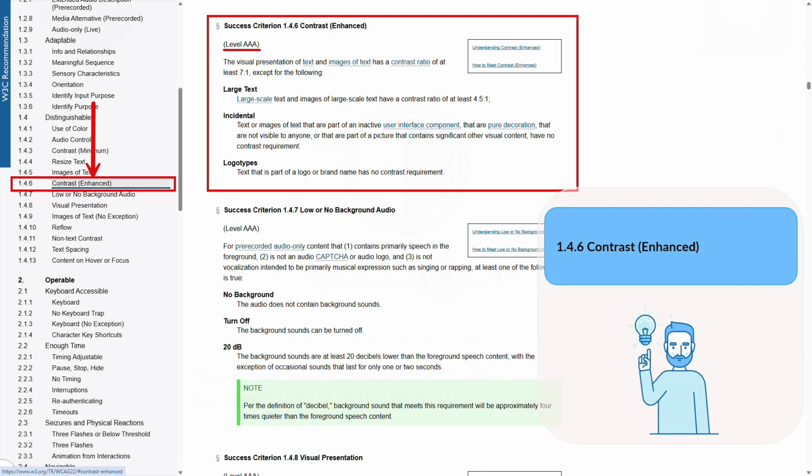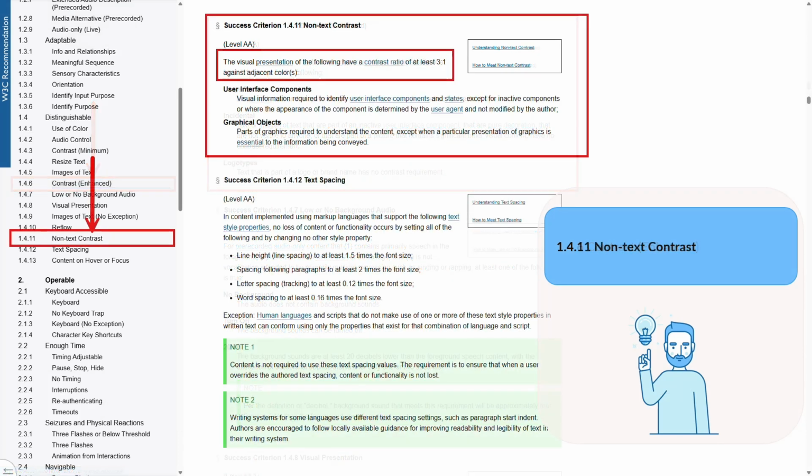1.4.6 Contrast Enhanced. This criterion builds on the minimum contrast rules with stricter requirements for users with more severe vision issues. It's especially important when aiming for level AAA compliance and delivering a highly inclusive user experience. Moving forward, the next important criterion to consider is